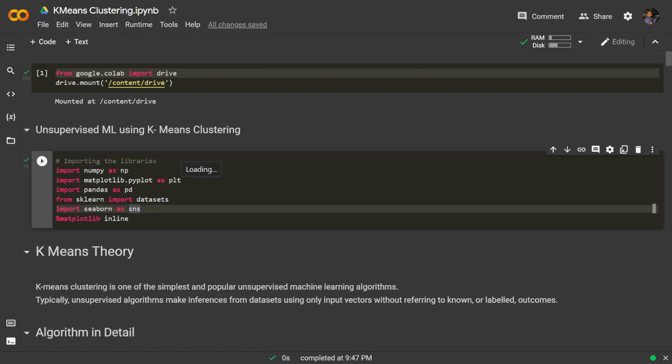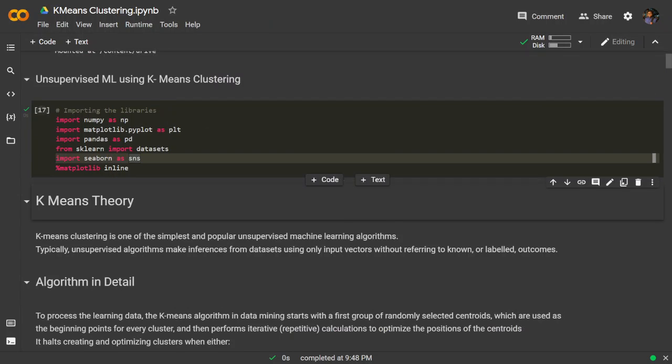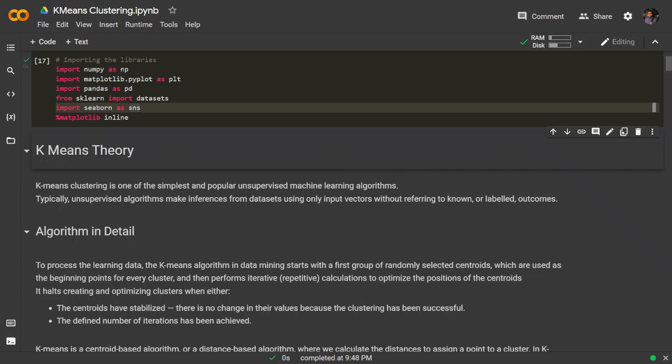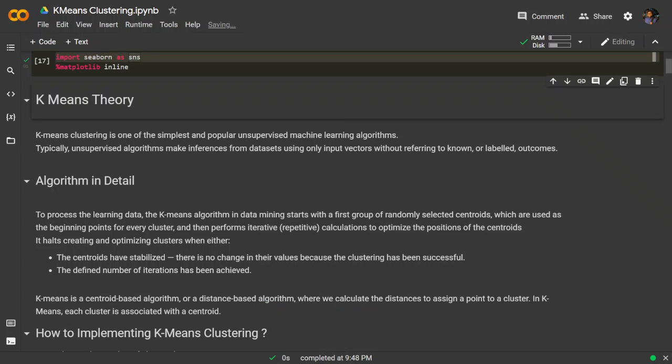Now, initially I have imported all the required libraries and now I'm going to share some theory of the k-means algorithm. The k-means clustering algorithm is one of the simplest and most popular unsupervised machine learning algorithms. Now, the only point of supervised unsupervised algorithms is to make inferences from datasets using only the input data without knowing